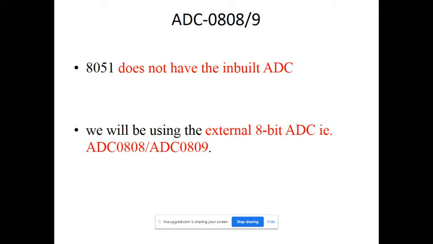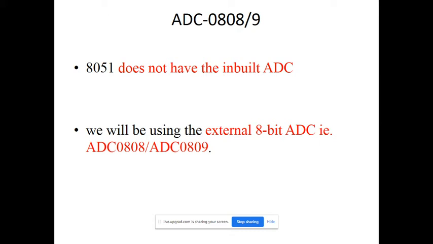That's why we must connect the output of the sensor to the ADC. Then the analog data is converted into digital form. Whatever analog signal is given by the sensor is converted into digital form, and that digital data is passed to the controller for the next controlling action.